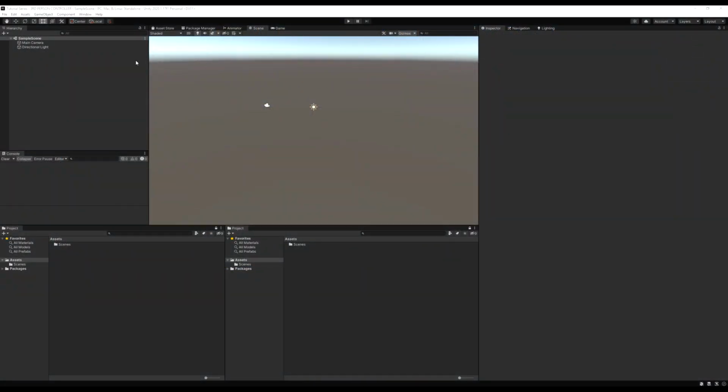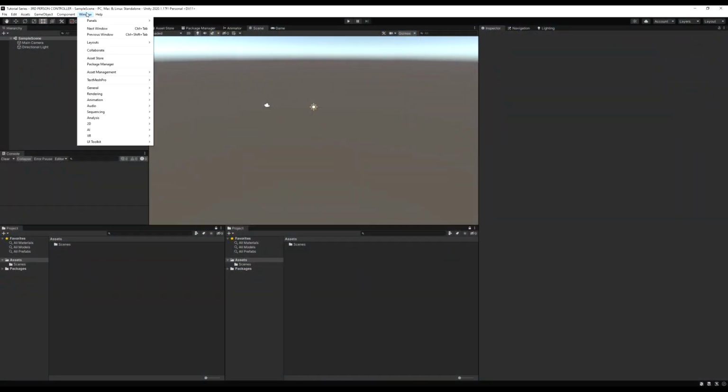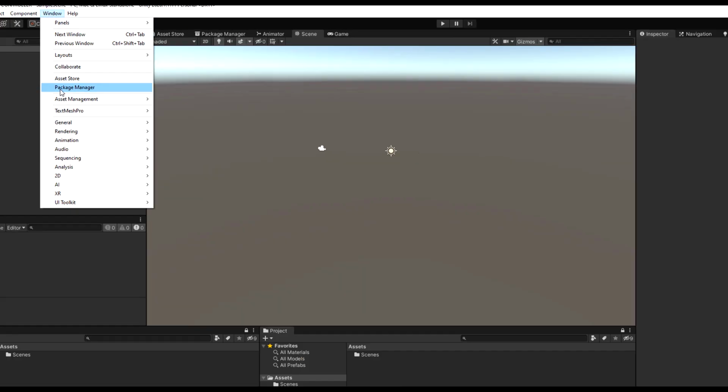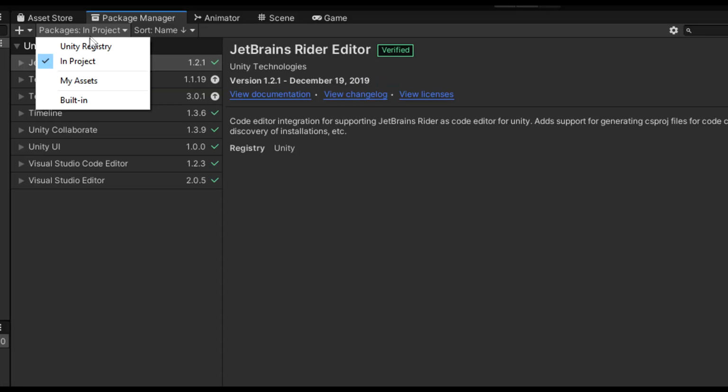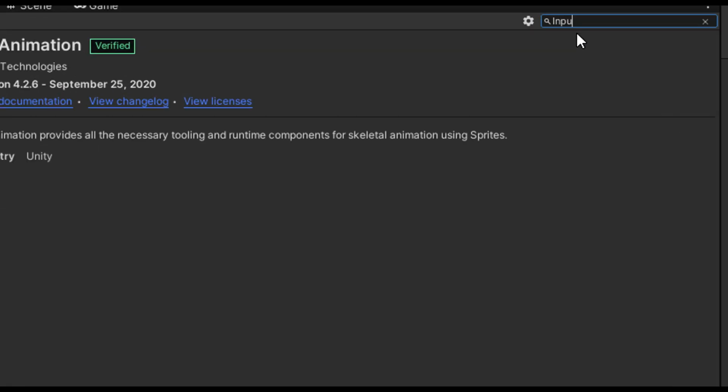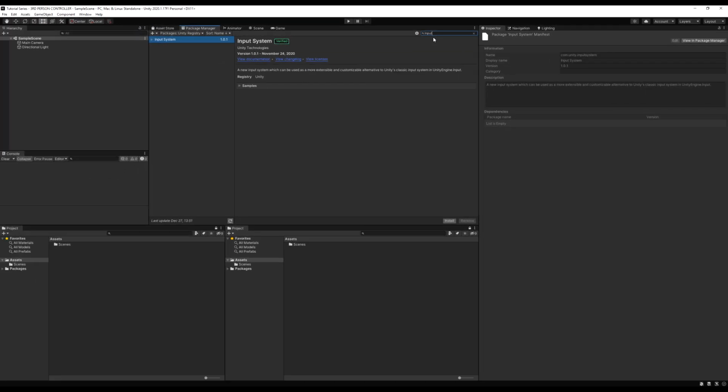Alright guys, so the very first thing we're going to do is go up here to Window, and then go down here to Package Manager, and we're actually going to install Unity's input system. So when this loads up here, just go up here where it says In Project and hit Unity Registry. Then up here in the search bar, type in Input, and then you will see Input System